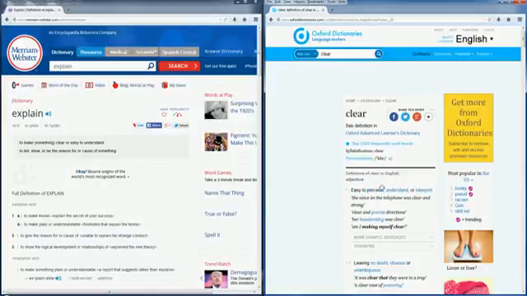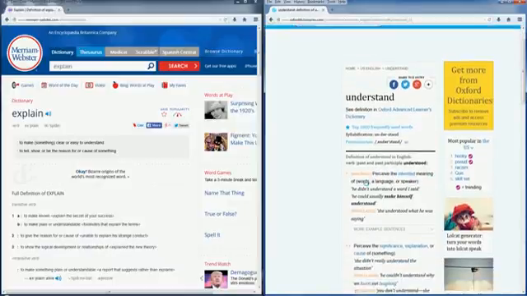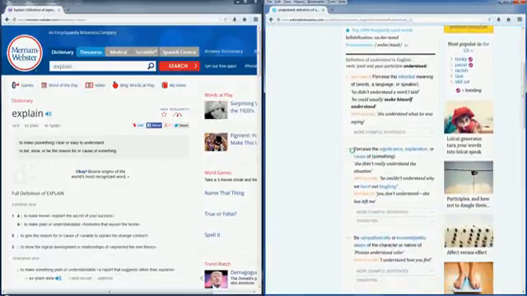If perceive was connected to clear, it would have a blue underline under it. That's just how it works. So let's look at the word understand real quick. And here we see understand actually means perceive the intended meaning of words or language or a speaker. And further down, I'm pointing this out because perceive the significance,